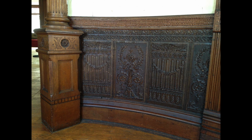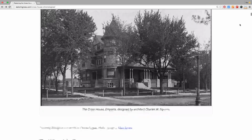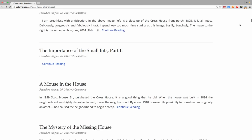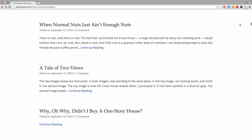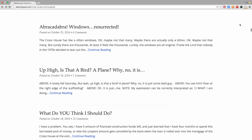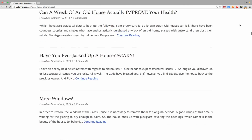One of the strongest feelings that I have, and there's no way to really truly explain what I'm going to say or prove it, is that I feel like my whole life, and I really feel this, I've been waiting for something, and I've been aware of that. And once I bought the Cross House, not the minute I bought it, but once I was into it for about a month, I was aware that the feeling that had been there my whole life, that I was waiting for something, had gone away. This quiet presence in my life had dissipated,